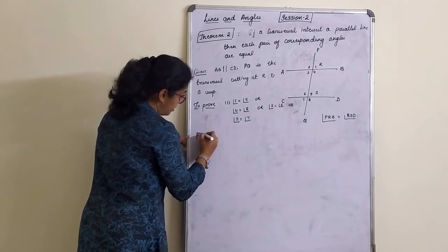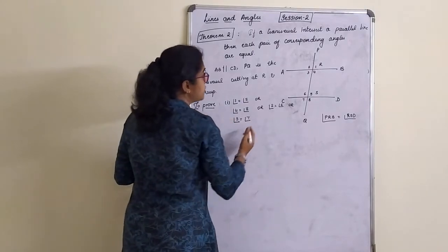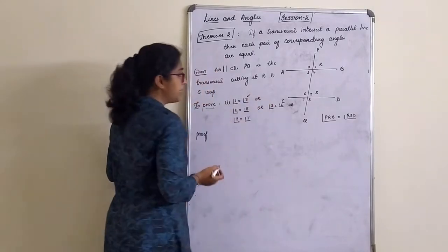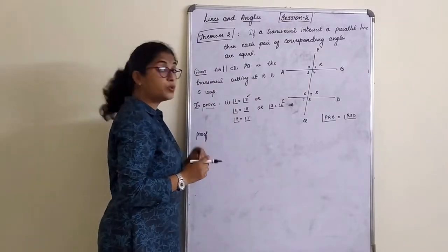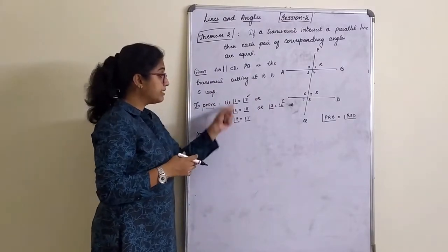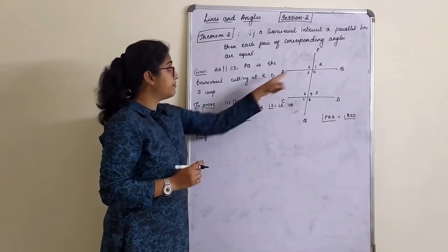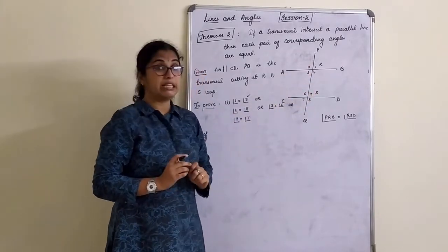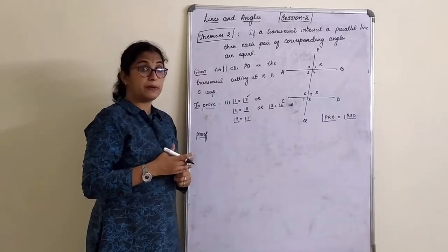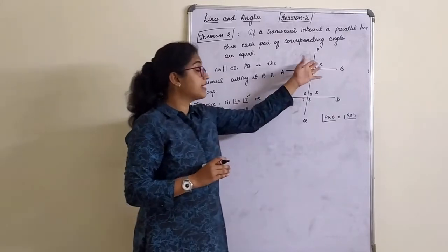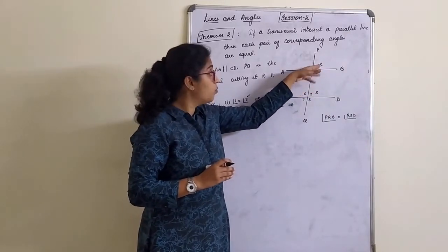Proof. Now I have written the first one. Let me choose the first pair only, because based on that my proof will depend. After proving, I need not select here. If I am going to prove angle 1 is equal to angle 5, then choose a linear pair such that is adjacent to angle 1.